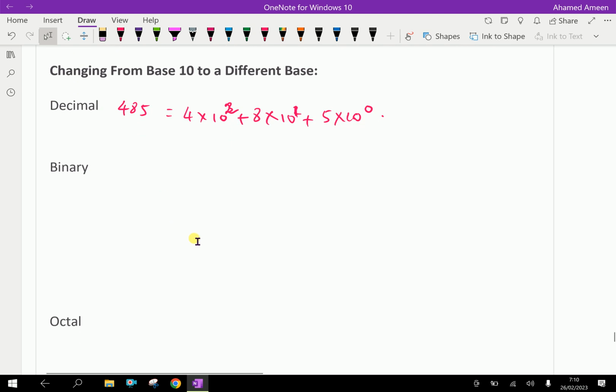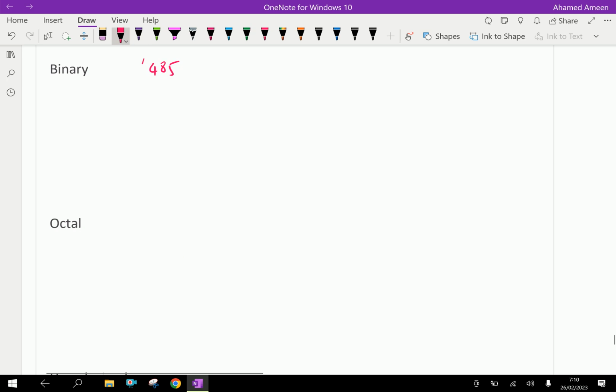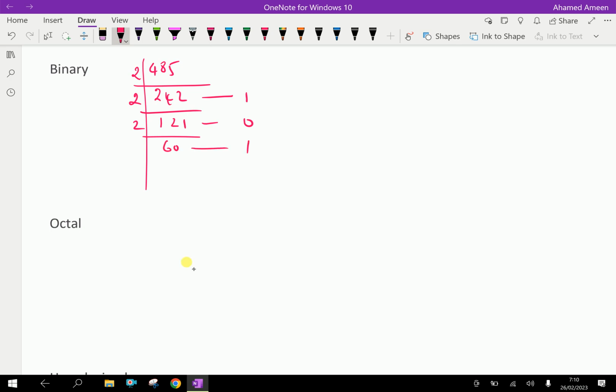Look here, this is the process. Suppose I write 485, we have to process by repeated division, divided by 2 because the base is 2, which is 242. The remainder is 1 because 242 into 2 is 484, remainder is 1. Here divide by 2, 121, remainder is 0. Another divide by 2, 60, remainder is 1, and another 2, 30, remainder is